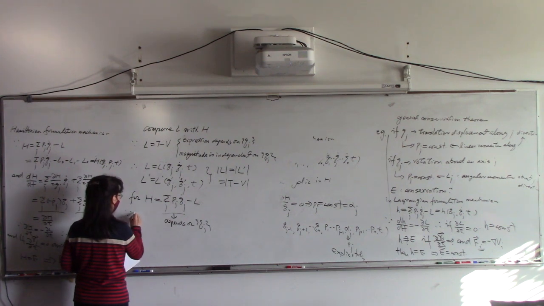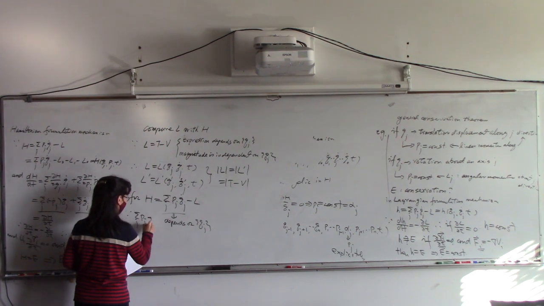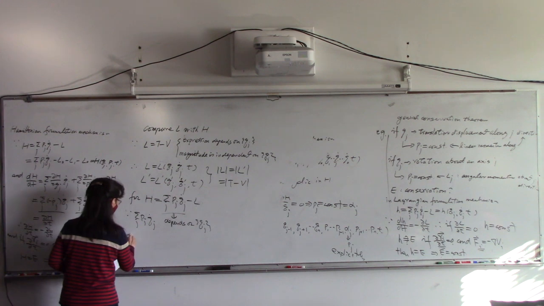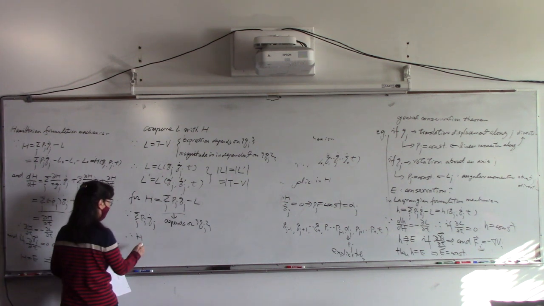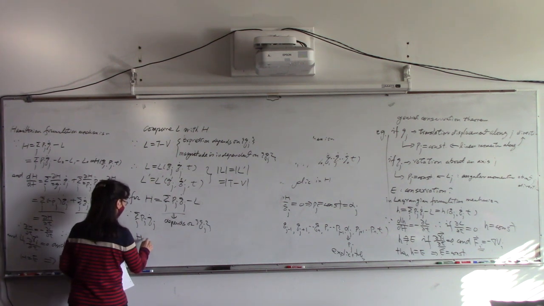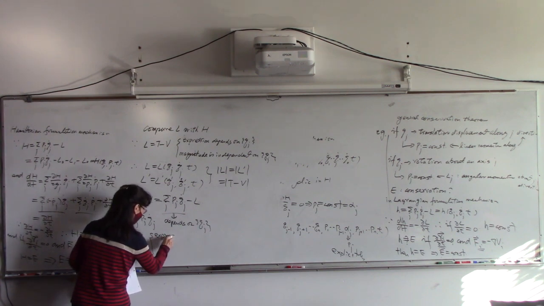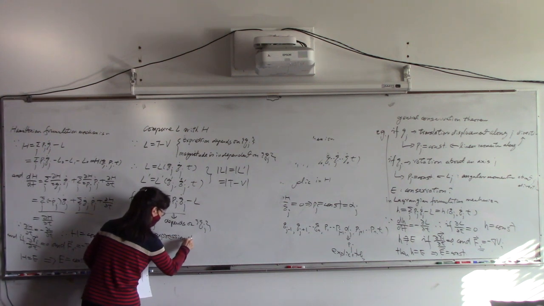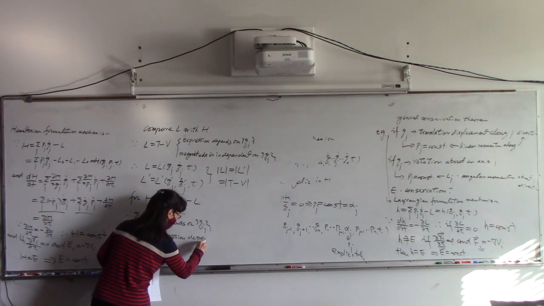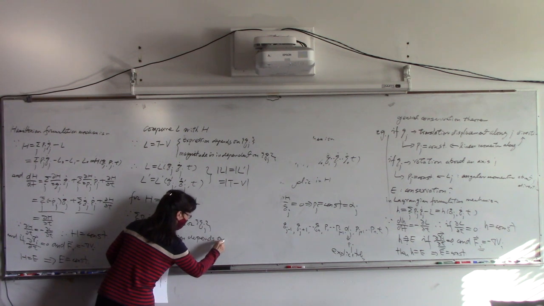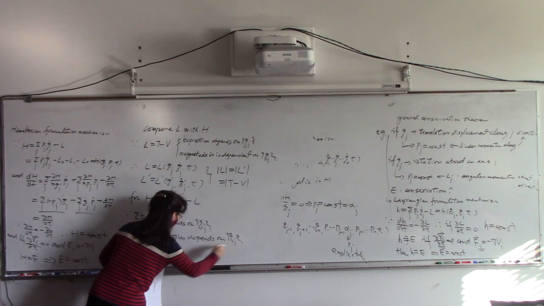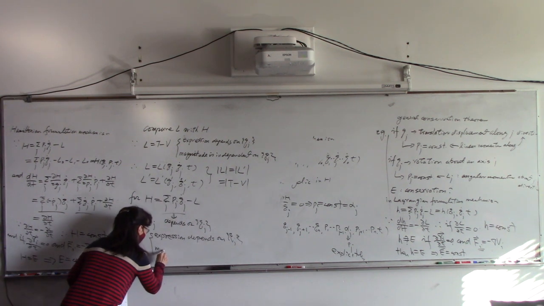Since the first term is dependent, this one, the Hamiltonian, its expression definitely changes. The expression depends on the choice, and its magnitude